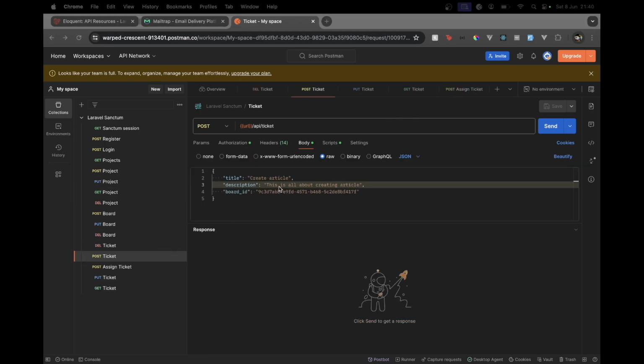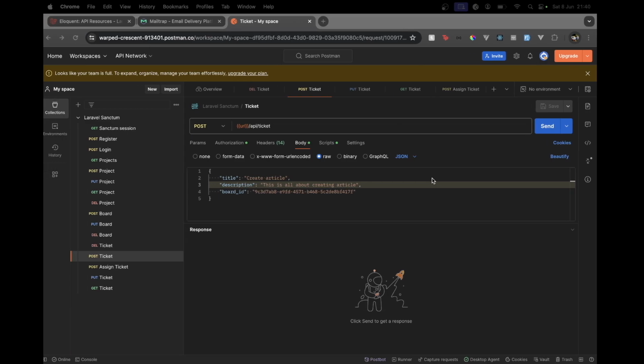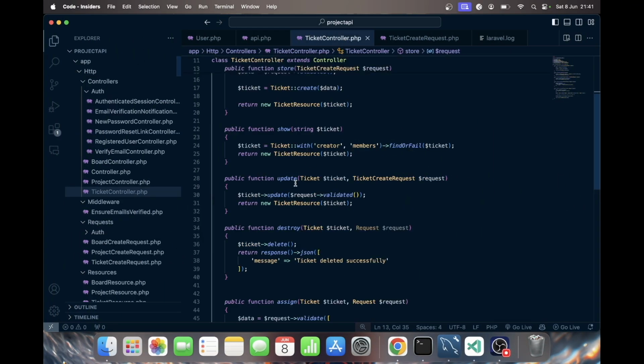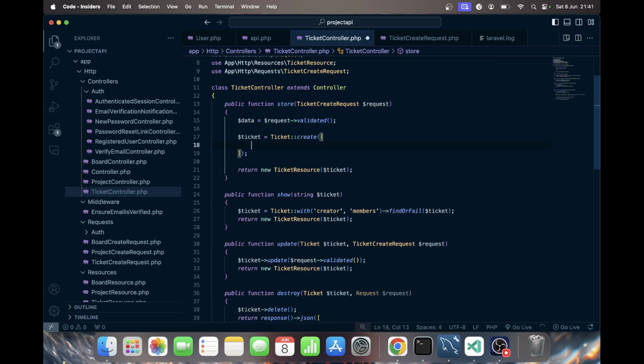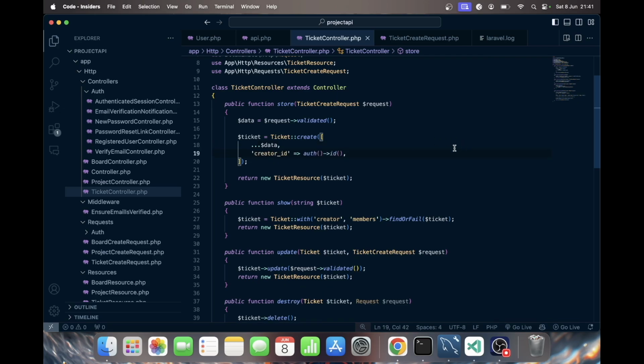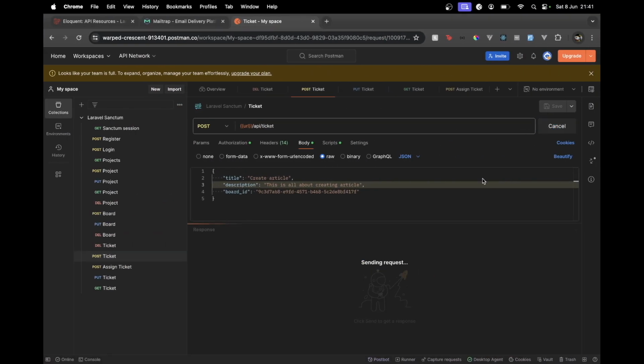Now let's test the tickets API. Okay, so let's start by creating a ticket. Now one thing I have noticed is that within the ticket controller, when we are creating the ticket, we are not assigning that to the creator. So here I could do something like this. I'm gonna use the spread operator on data, and I'm gonna say creator ID will be